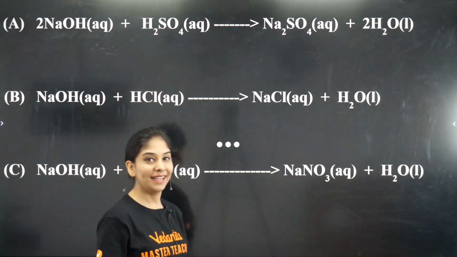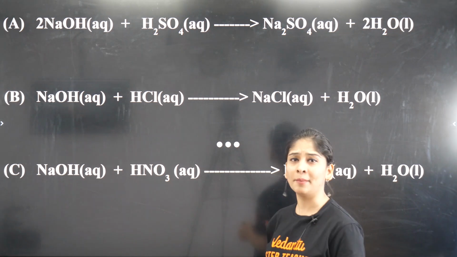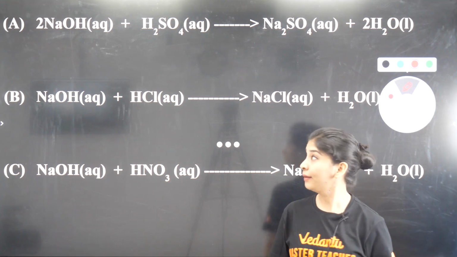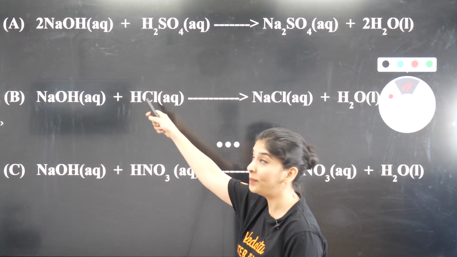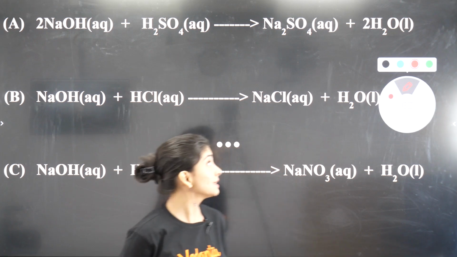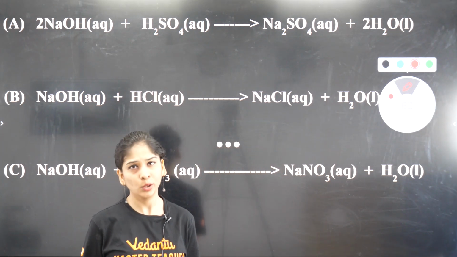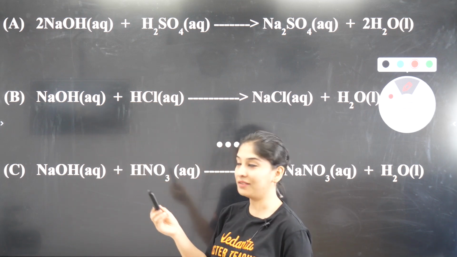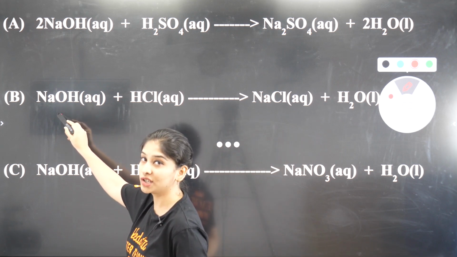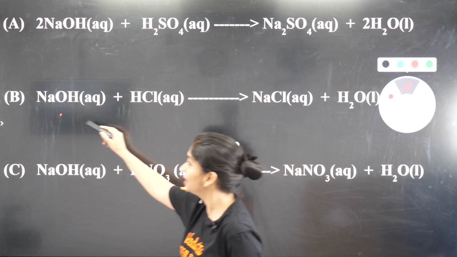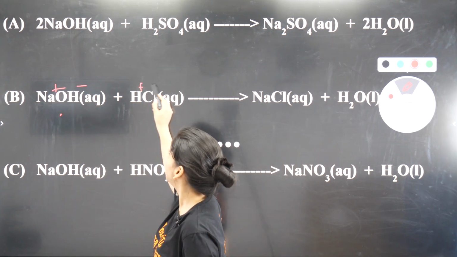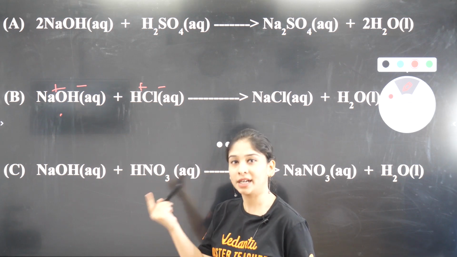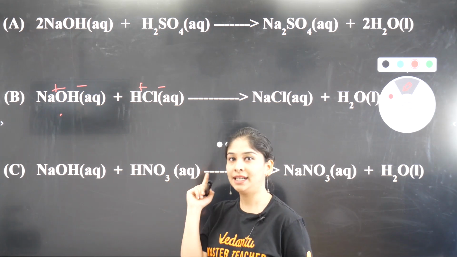So there are some examples which are given for all of you. Let's read them out one by one. One is sodium hydroxide, a base, with dilute sulfuric acid, giving you sodium sulfate and water. You can make it a very simple reaction. This is the reaction which should be known by each and everyone. Sodium hydroxide, which is a strong base, reacts with dilute sulfuric acid. And can you guess, this is one more type of reaction which we have already covered in the first chapter. Neutralization reaction is nothing but a type of DD reaction.